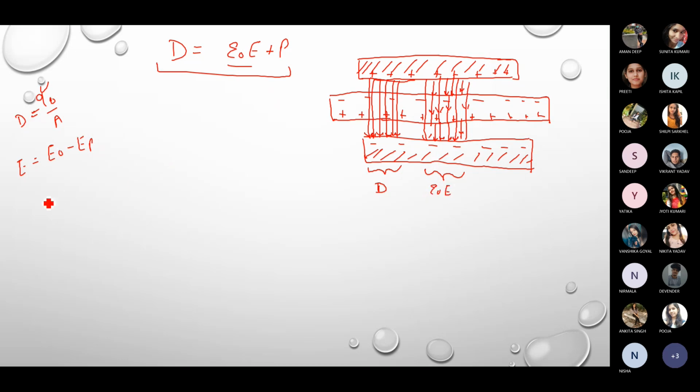Now let's talk about P, polarization, right? So polarization is totally concerned with the lines of force inside the dielectric material, right? It has no lena dena with the free charge, right? So the lines of force will be just like this. Okay, so this will give you the polarization vector P.